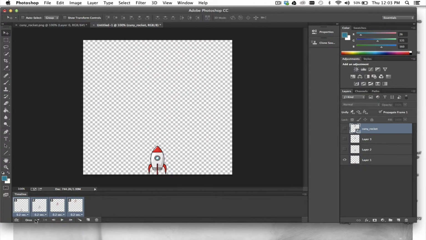The default is for this graphic, and now I can hit play in the timeline, and it'll go up once. The default is for it to play once, but the whole purpose of most GIFs is that it should loop. So I'm going to tell it to loop forever. You can tell it how many times you want it to play, and if you look at some of the example